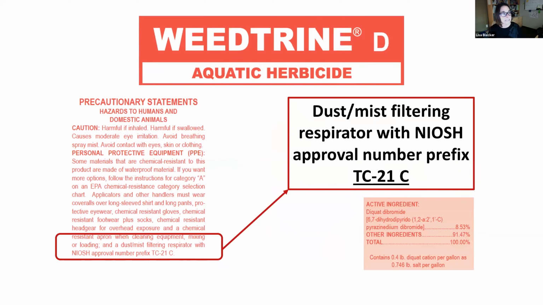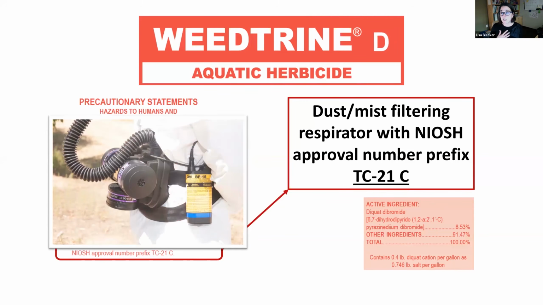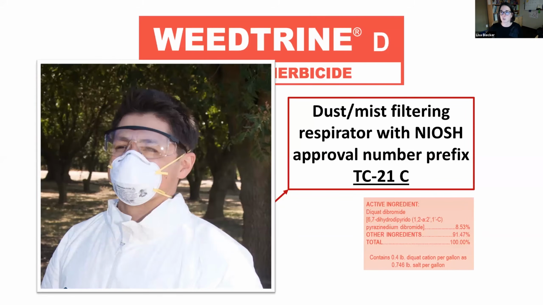So back in 1995, a new TC code was designed. It's called TC84A. So some really old labels will still refer to a filtering face piece as a TC21C. Currently, TC21C means this powered air purifying respirator. And that's actually a perfectly acceptable respirator for this purpose. But you could also wear this non-powered air purifying respirator. That TC code should be TC84A. It's just that some of the labels are old, but the context clues are